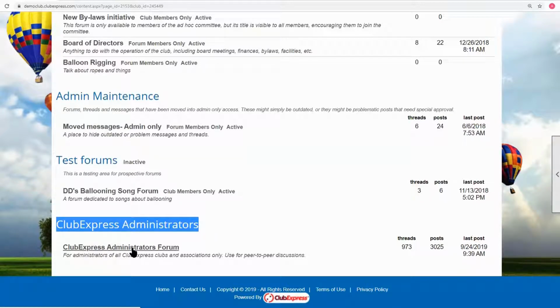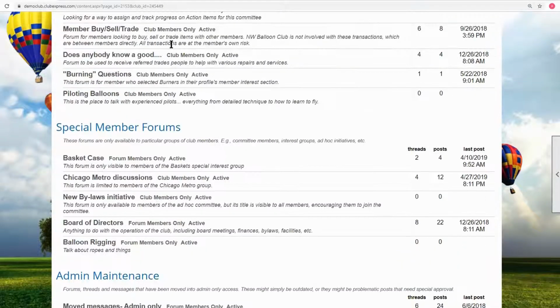You can click on this, and this is a forum of people who are administrators of a wide range of ClubExpress installations. So if you have questions about how ClubExpress does something, it is a forum for ClubExpress administrators. But it won't show up in your list or on your control panel.